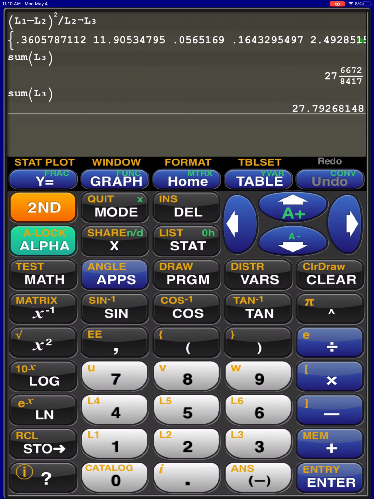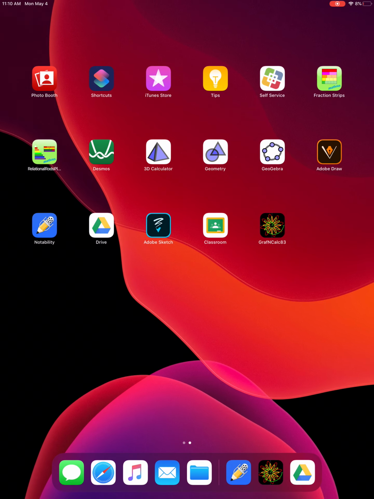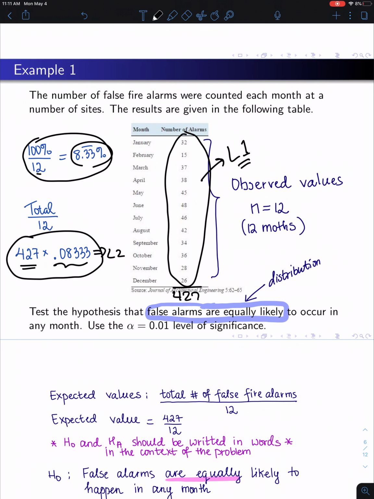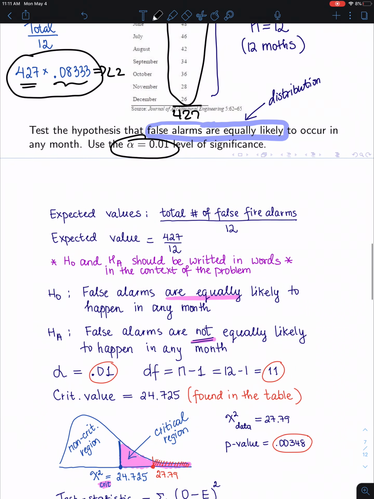There we go. So it looks like our critical value is going to be 27.7926. So now from there, our alpha level, I think was 0.01 on this one. Let me check. Yeah, so our alpha level is at 0.01. So now we're ready to finally do our chi-squared goodness of fit test on it and check our p-value against